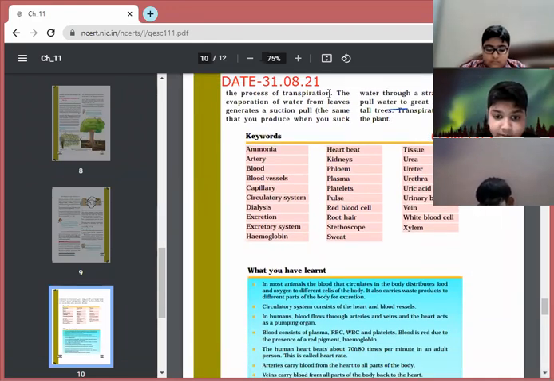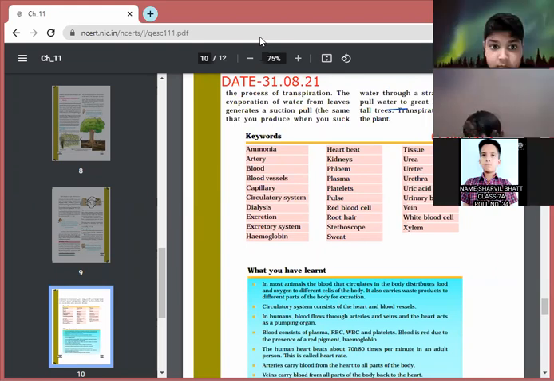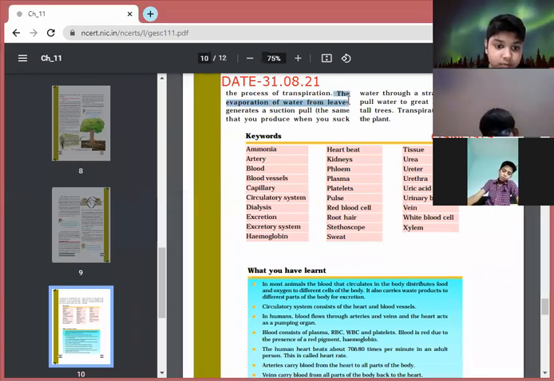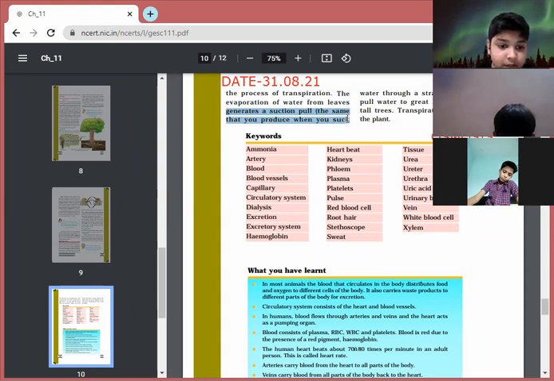So children, it's very important. Ma'am, that's why we make a hole inside the pot so that the waste material and the wastewater can go out. Yes, because otherwise there will be water logging and that can spoil the plant. This is the reason also. And children, you can mark here what the two functions of transpiration are. Transpiration, what does it do? It generates a suction pull. And second, transpiration cools the plants. Two things are done by transpiration.